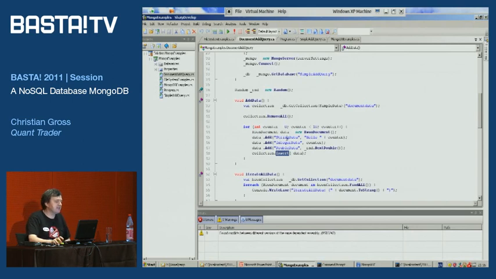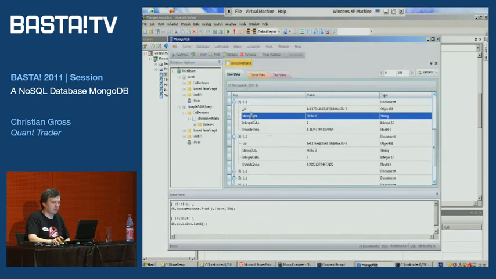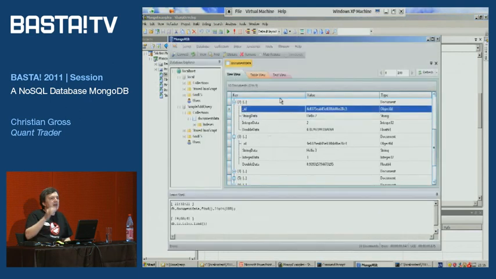What is missing here is the underscore ID. Each and every record, or each and every collection item has an ID. Each document has an ID. This ID is underscore ID. That's the field.